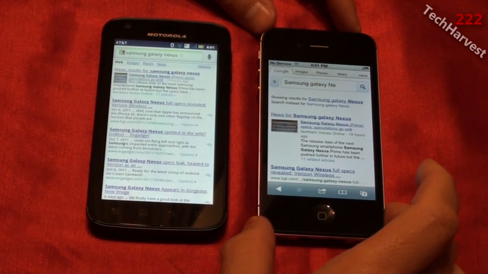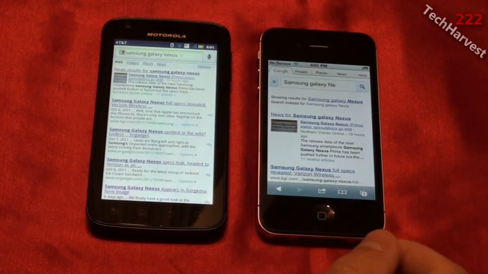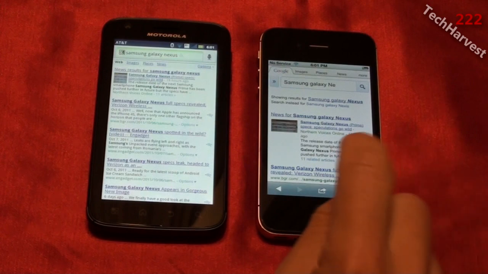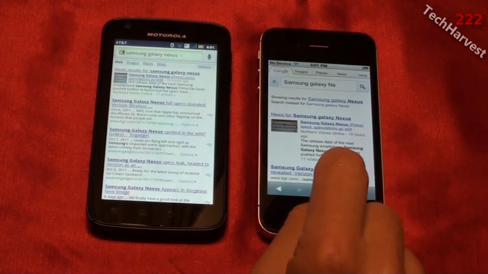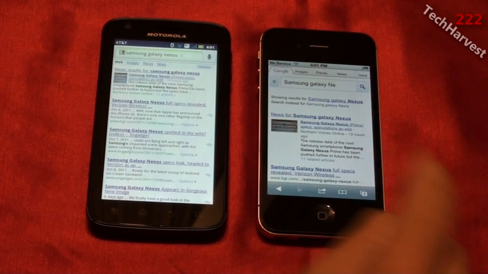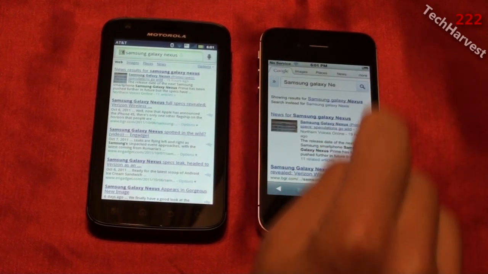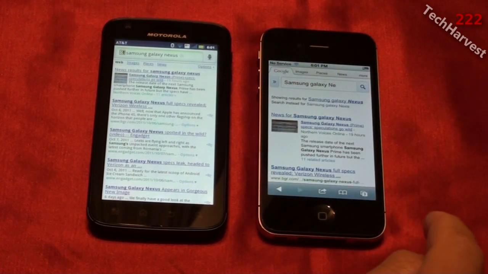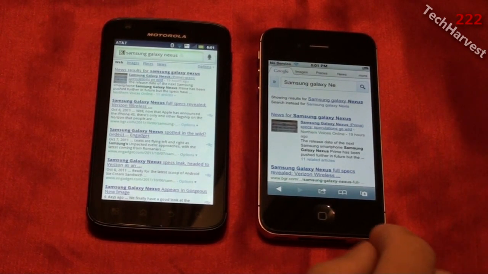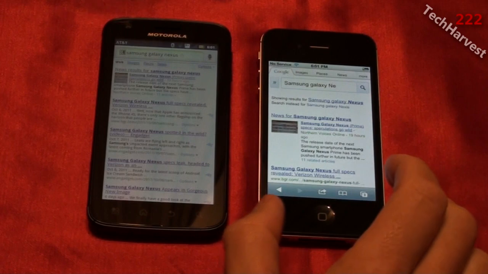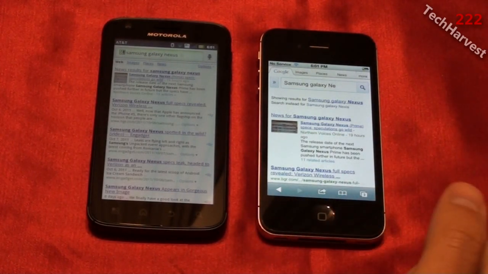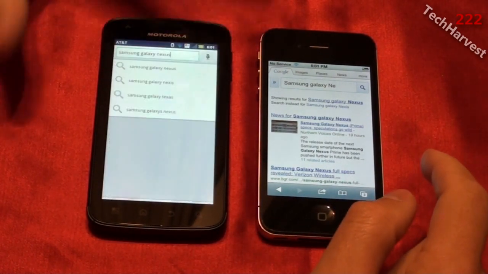Over here, with the voice search, I had to press done when I was done talking, and then it confirmed what I wanted to say, and I also had to press another button and it brought up a search here. So let's try something that is a little more Apple friendly over here, because it didn't spell Nexus correctly. So let's just look up